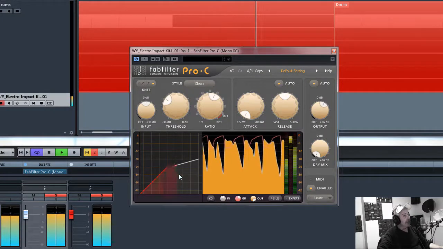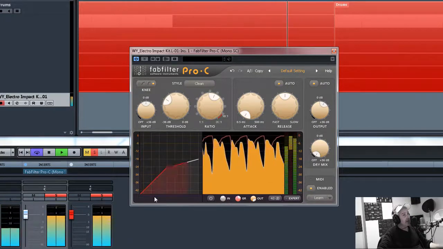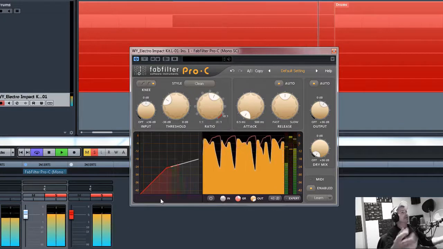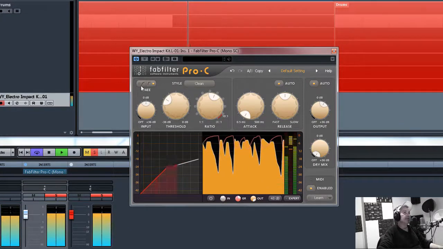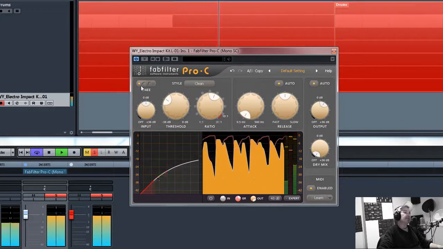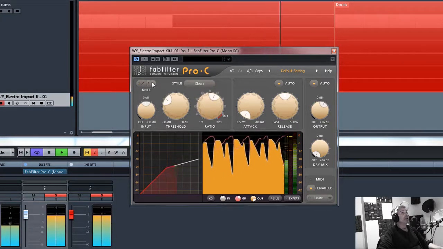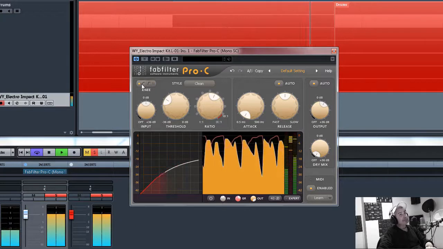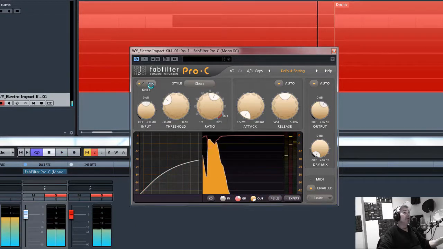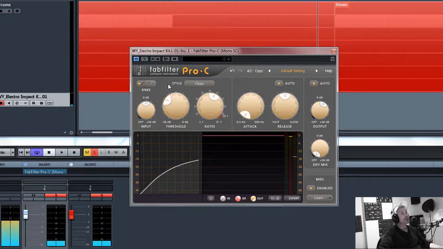The knee behavior can actually be heard. It's so dramatic. And if I change the soft knee, it's much smoother. And you can actually hear that smoothness. In terms of behavior of the compressor,